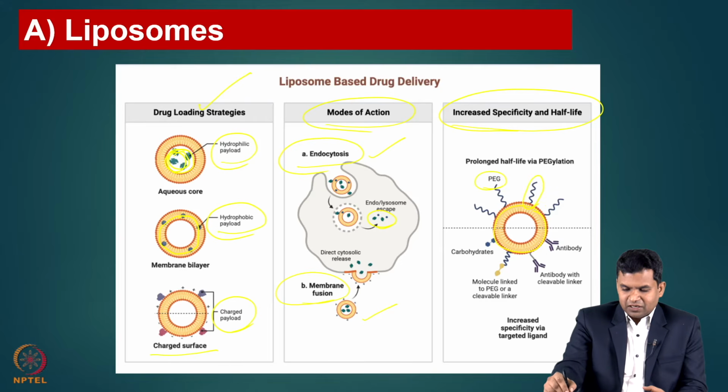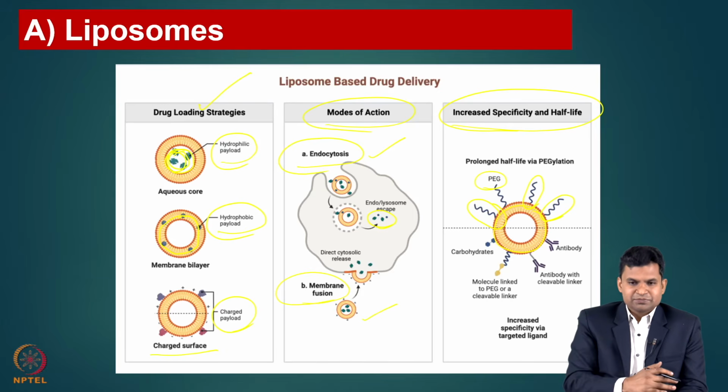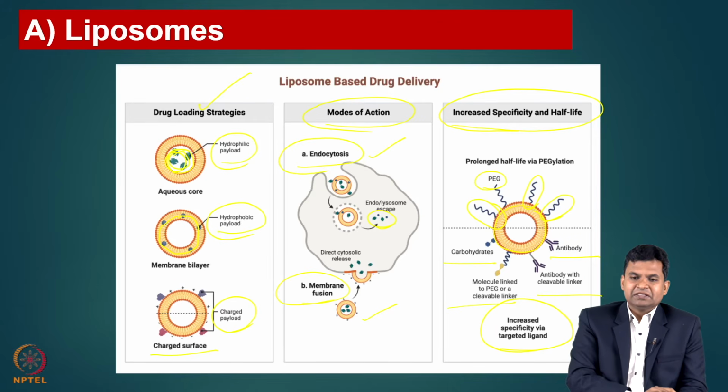By conjugating PEG on the surface of the lipid, it can enhance the half-life by inhibiting opsonization or bypassing the reticuloendothelial system. This we have already seen. We can also target by an active targeting mechanism by labeling with carbohydrates and other molecules, antibodies with cleavable linkers, and directly with antibodies. With this, you can also use these liposomes for targeting in cancer therapy and other infectious diseases